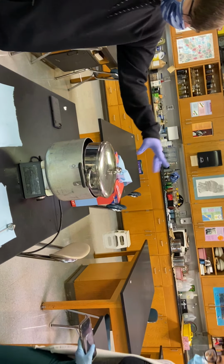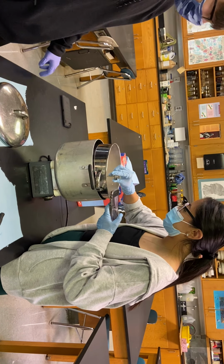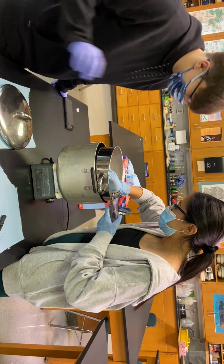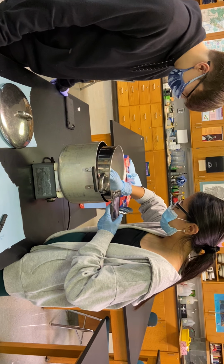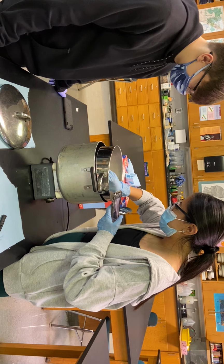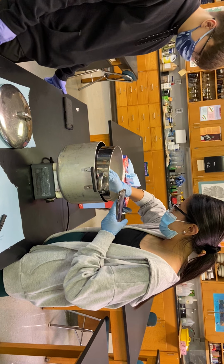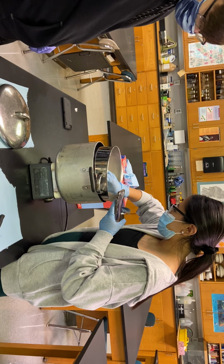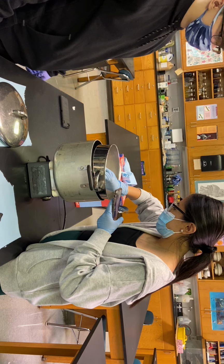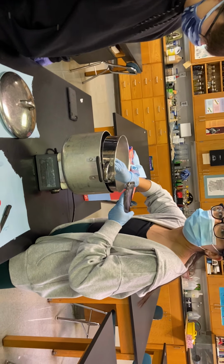All right, check that temp again because we don't want it to get past 90. I see little chunks. I think it's right there. Say it again? It's at 90. Okay, so